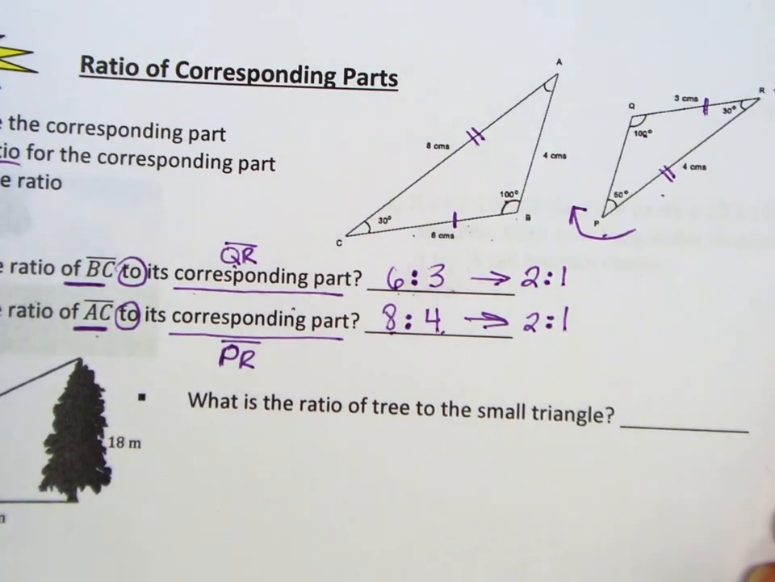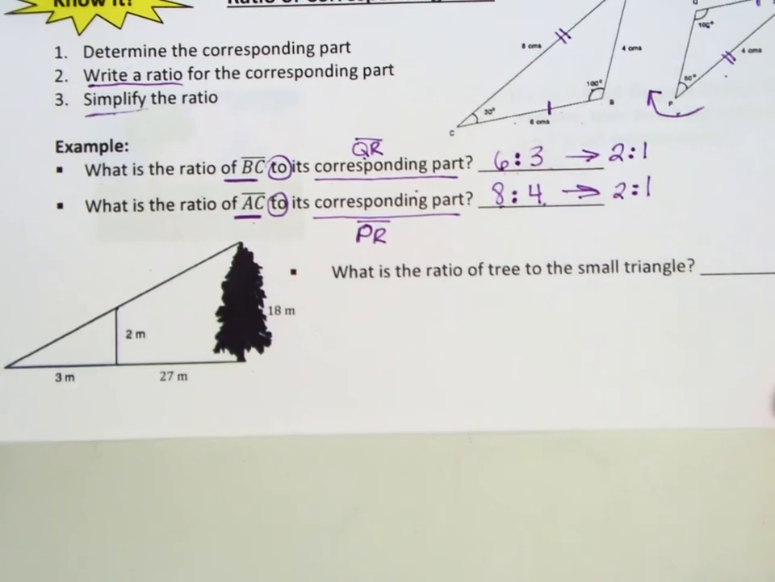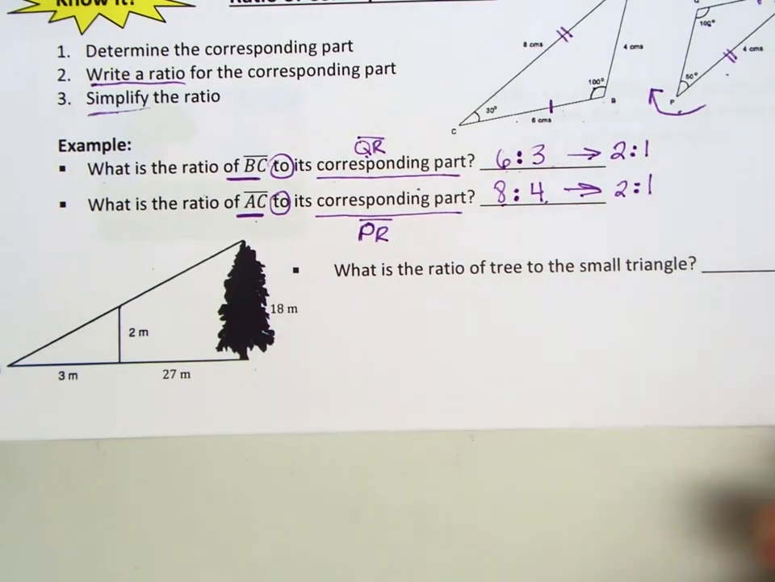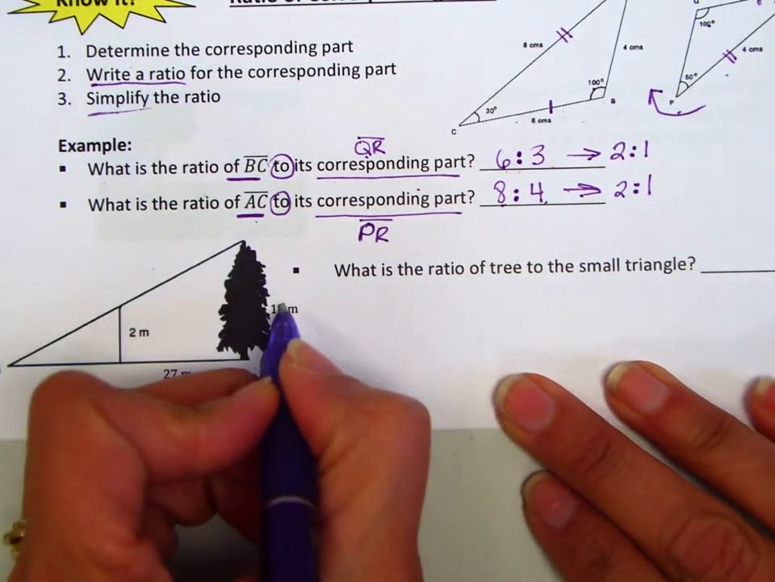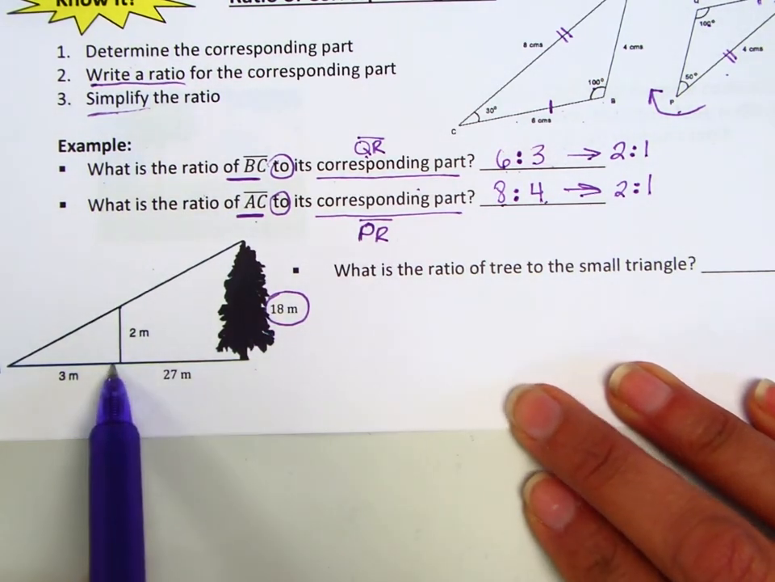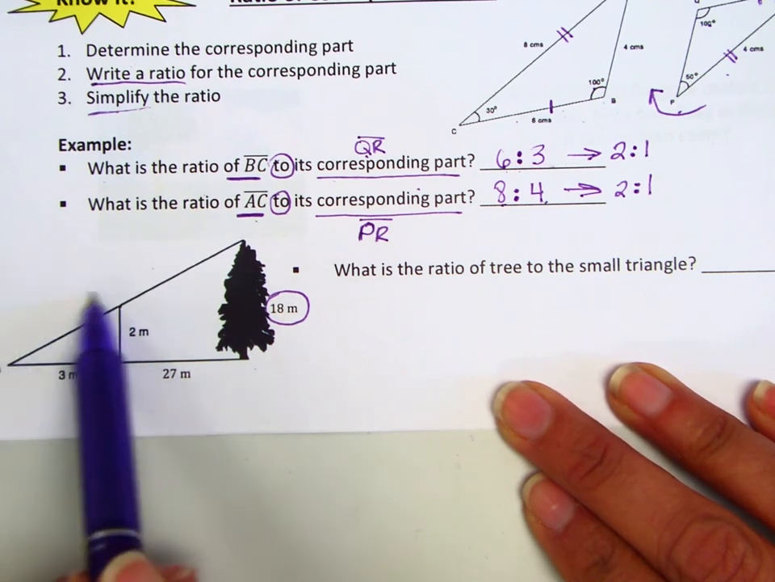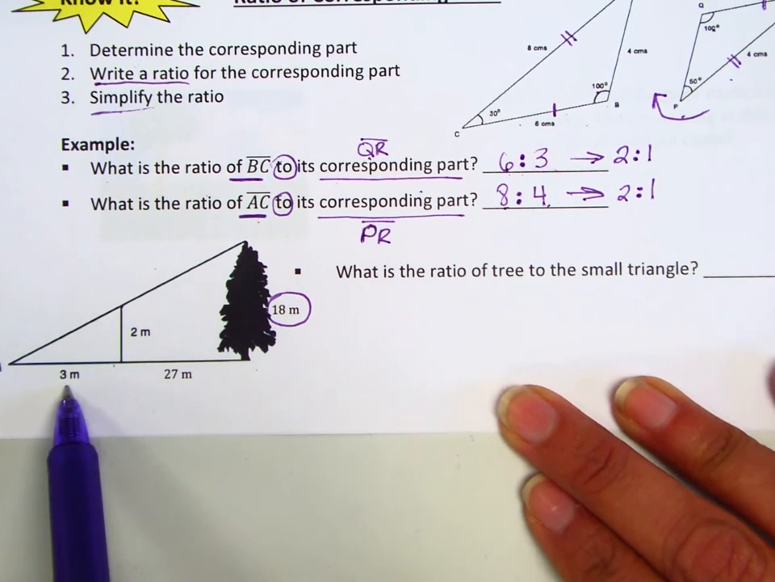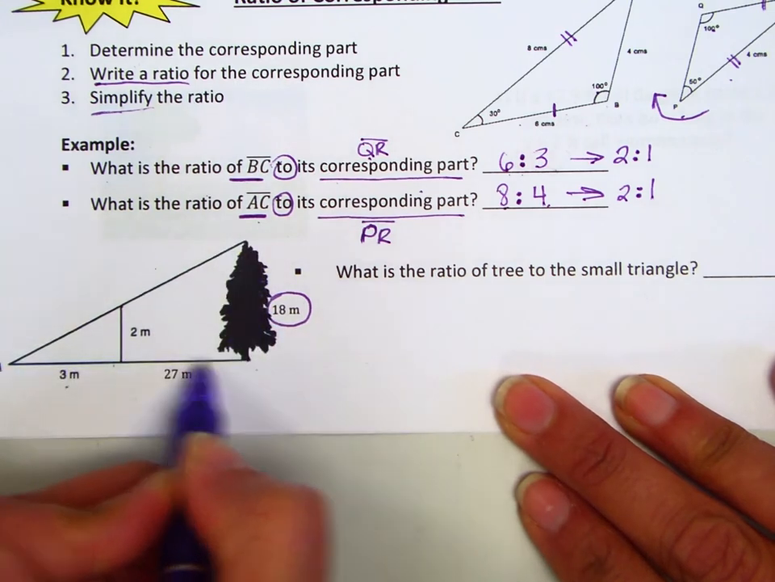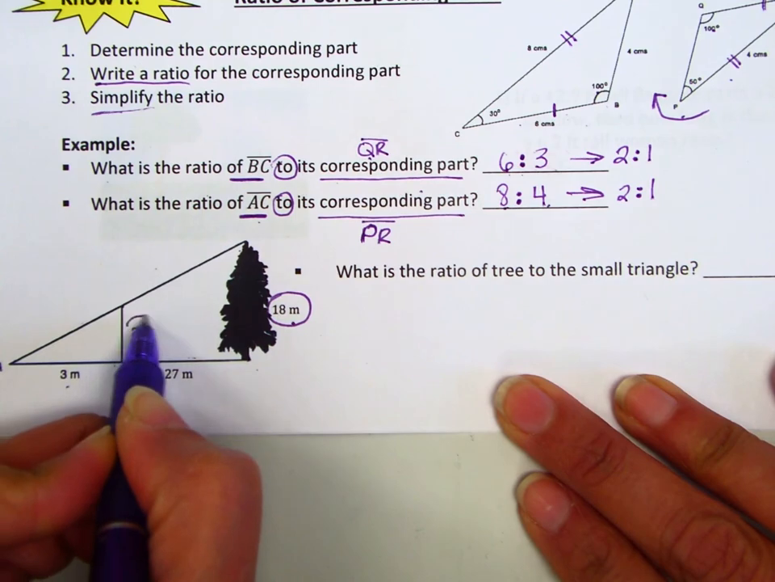So now I want to know what the ratio of the tree to the small triangle is on this picture. So here's the tree, and there is the size of that tree, and I need to find the corresponding part in the smaller triangle. Here's the smaller triangle, and this part of the triangle is the tree, so this is its